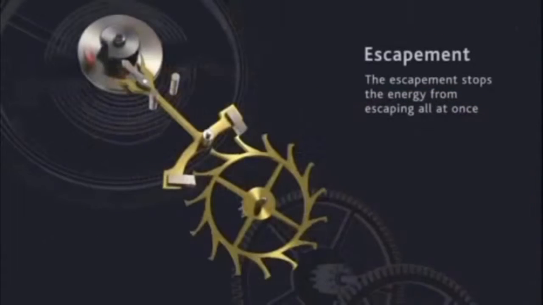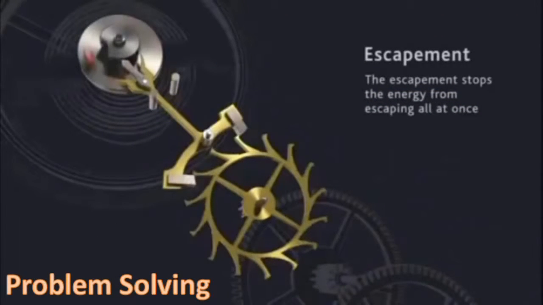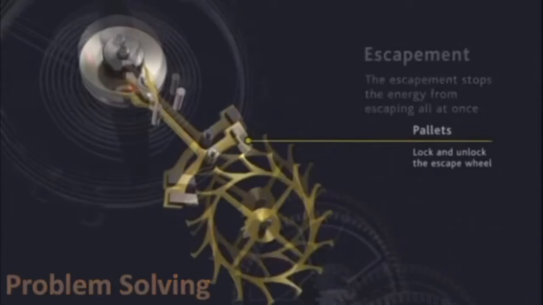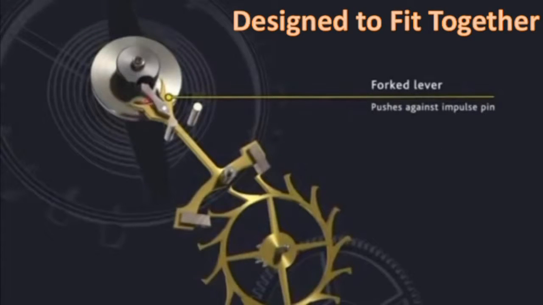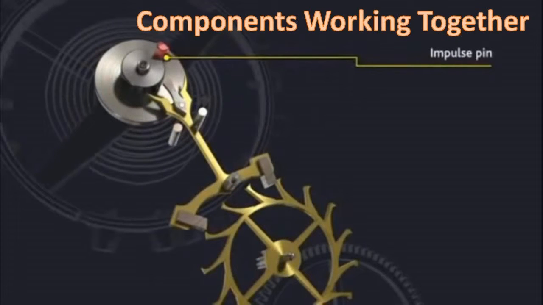Also, in order to keep things ticking along at just the right cadence, the escapement is used. But it will not perform its job alone either. It has to work with the rest of the parts in the watch, like the pallets. The pallets interact with the escapement to keep the watch ticking along methodically. And the pallets must be pivoting in relation to the forked lever. Then the forked lever must interact correctly with the impulse pin. These highly interactive and interdependent components function together to achieve a specific result and deal with the various challenges the